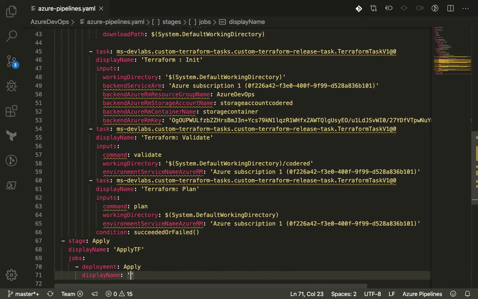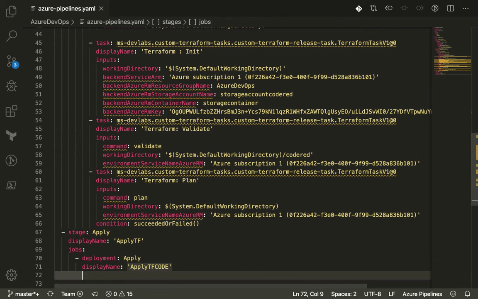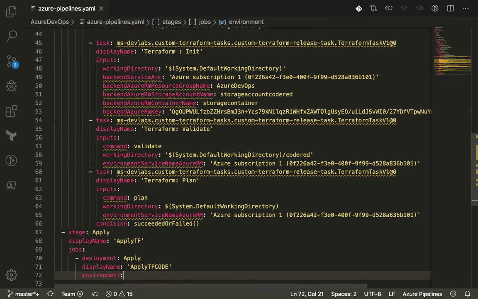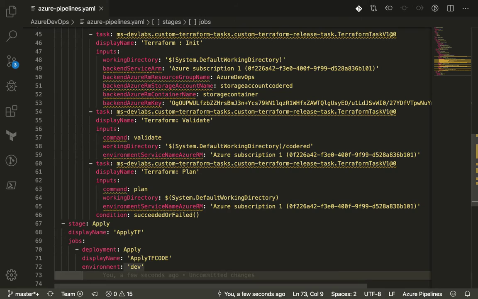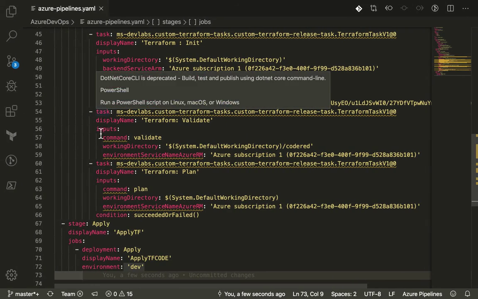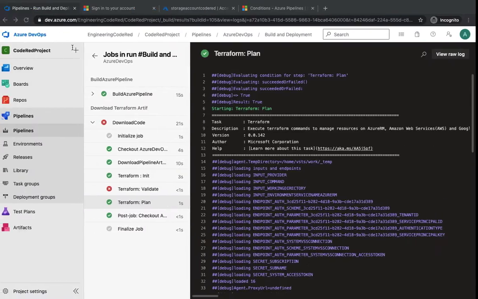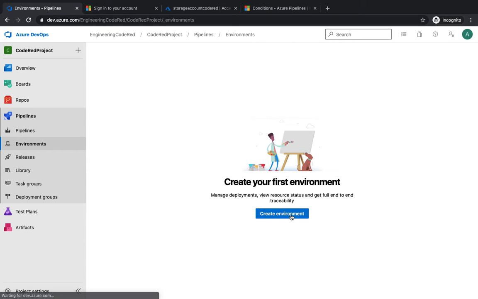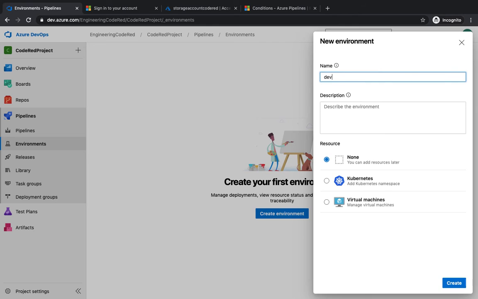Display name should be apply tf code, and then the environment. This is the key part, wherein you would mention which environment you want to apply. I would call it a dev environment, and as soon as you define the environment right over here, you go back to your Azure pipeline and go to the environment section, create an environment with the name of dev, select none,